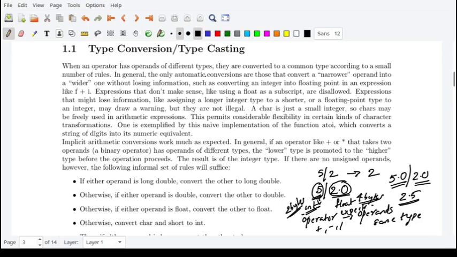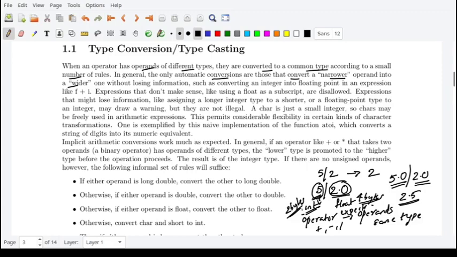When an operator has operands of different types, they are converted to a common type according to a small set of rules. In general, the only automatic conversions are those that convert a narrower operand into a wider one. Integer is a narrower operand here because it requires only 2 bytes, but floating point is the wider operand because it requires 4 bytes.